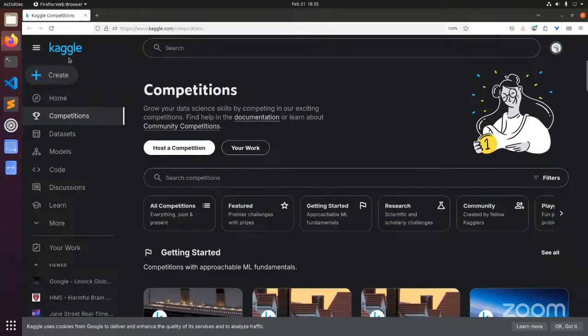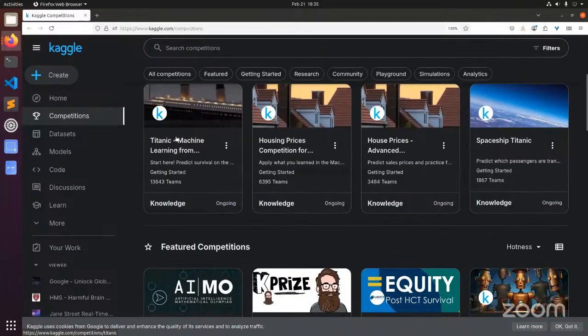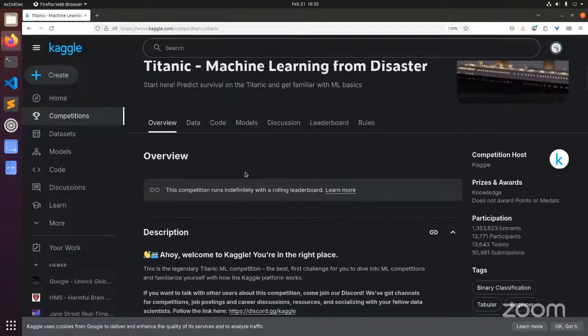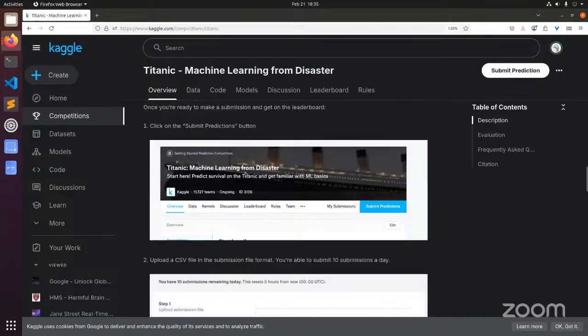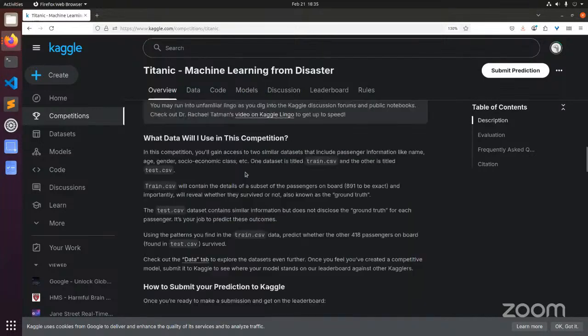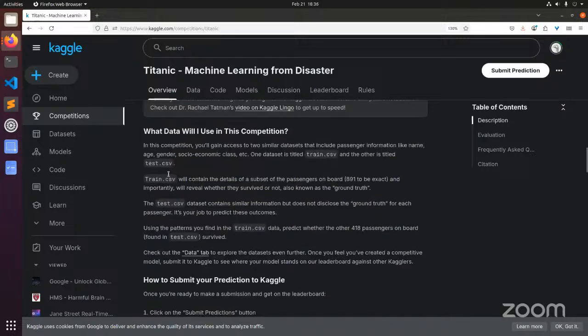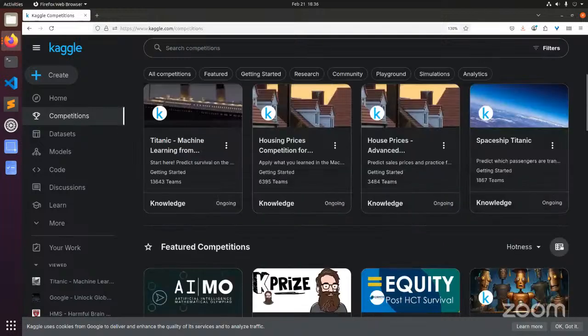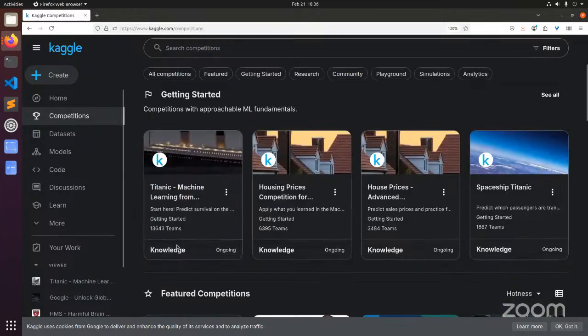You need to create an account on kaggle.com. You can see that there are multiple competitions already running. This is a very basic competition where you need to detect a disaster. It is a very fundamental Kaggle notebook where you can see there are a training set and a test set, and you need to build a model such that you can classify them properly. We will be hosting a competition on this platform, similar to what is here. You can start with the Titanic machine learning competition and the housing price prediction problem,